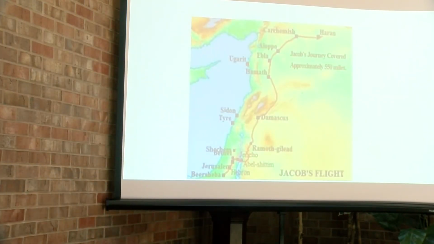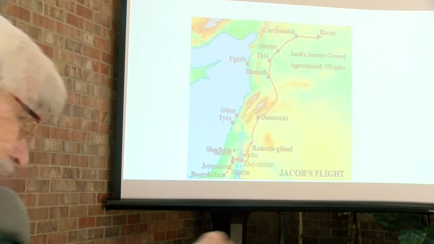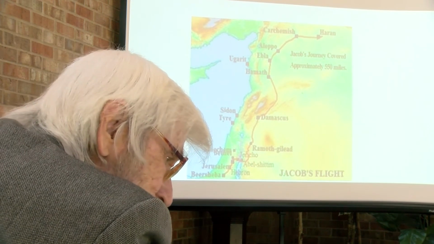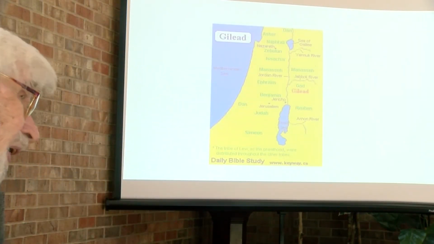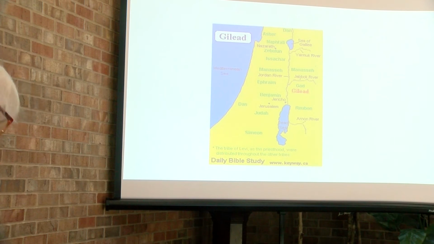Here's another map that shows, well, I think we had that map before. This is the area where they are encamped. This is Ramoth Gilead. This is a map including cities very much later. This is a little bit more in line with the story that we have of Jacob. They're right near a river called the Jabbok River. Little above that is,